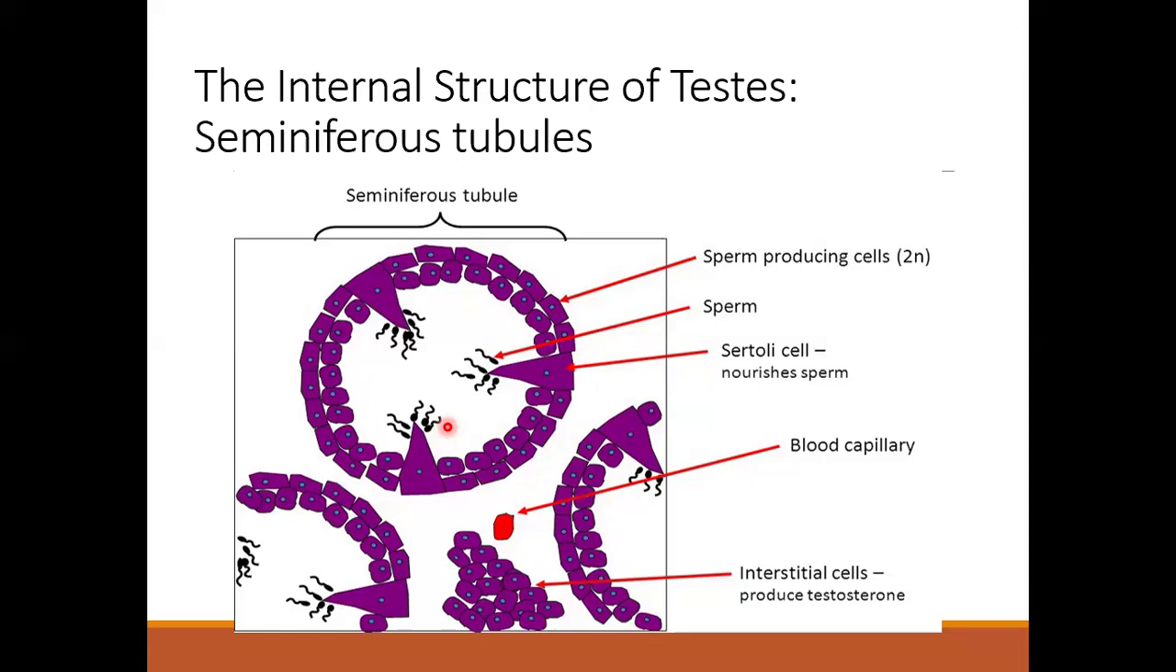All right, so seminiferous tubules are just small tiny tubes which are coiled within the lobes or lobules of the testis. All right, so within the seminiferous tubules or a small tube,